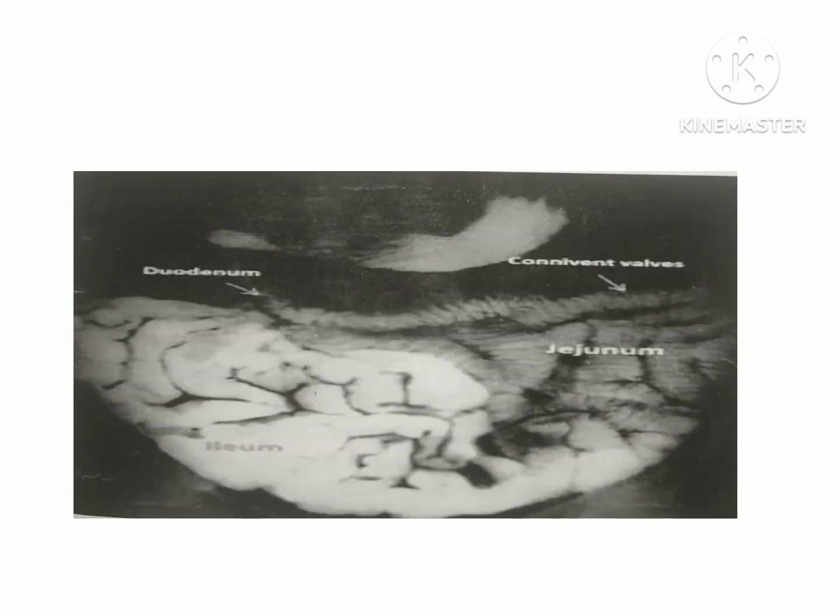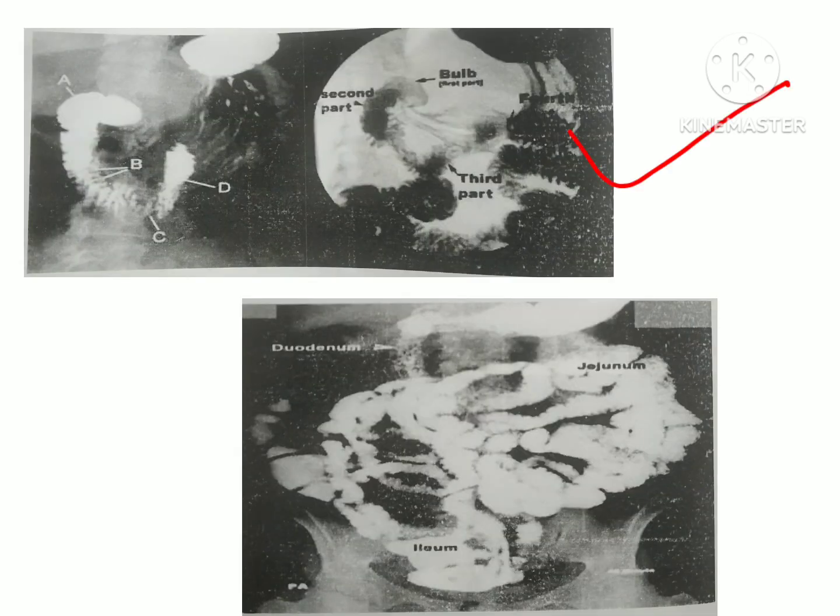Here are some radiographs that are taken through this technique, barium meal follow through. You can check out the image here where we can visualize the small bowel. Have a look at this radiograph and you can check out the duodenum here. Here is the ileum, here is the jejunum. The next radiograph is showing at the top the duodenum with its parts: first part at the bulb, second part, third part and the fourth part. Down in this image is the next radiograph showing the duodenum,